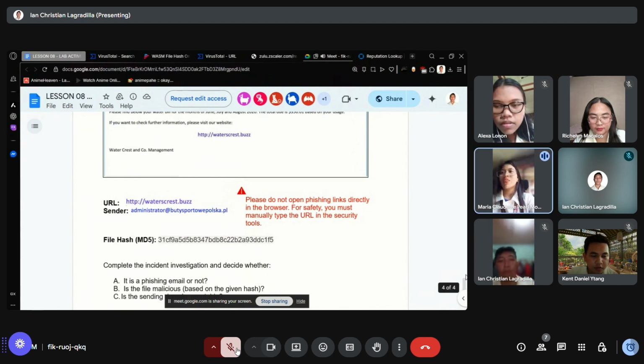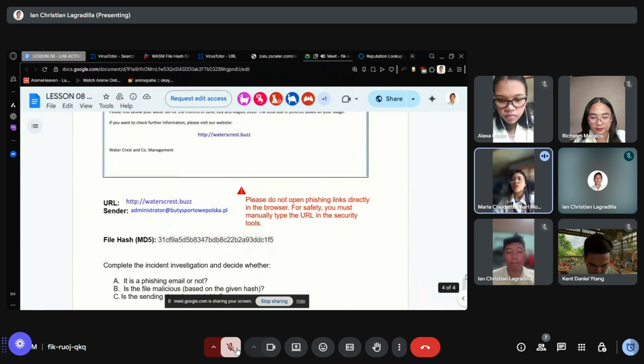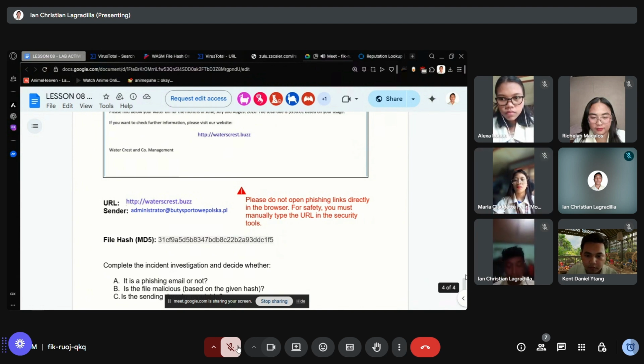In this investigation, we used Zscaler and VirusTotal. Both are online tools that analyze URLs by comparing them against large databases of known malicious websites. They use multiple antivirus engines and phishing databases to detect if a link is dangerous. These tools help us avoid clicking harmful links by letting us know in advance whether a URL has been flagged as suspicious or has harmful activity. Zscaler, right? And VirusTotal? Yes.